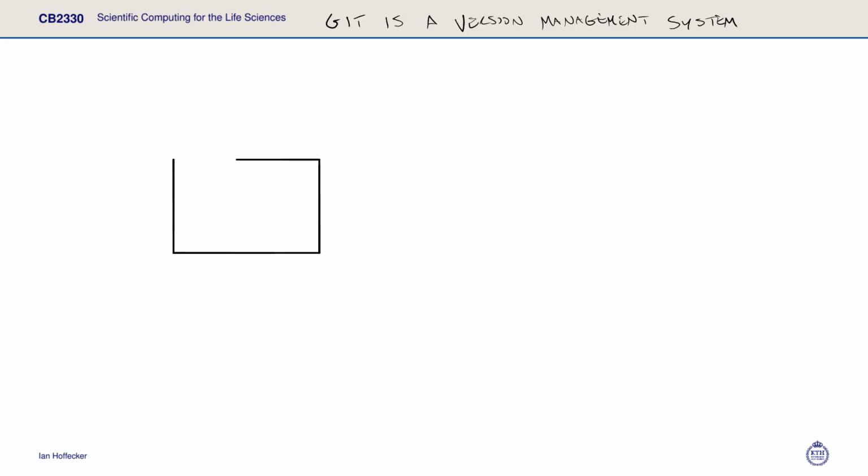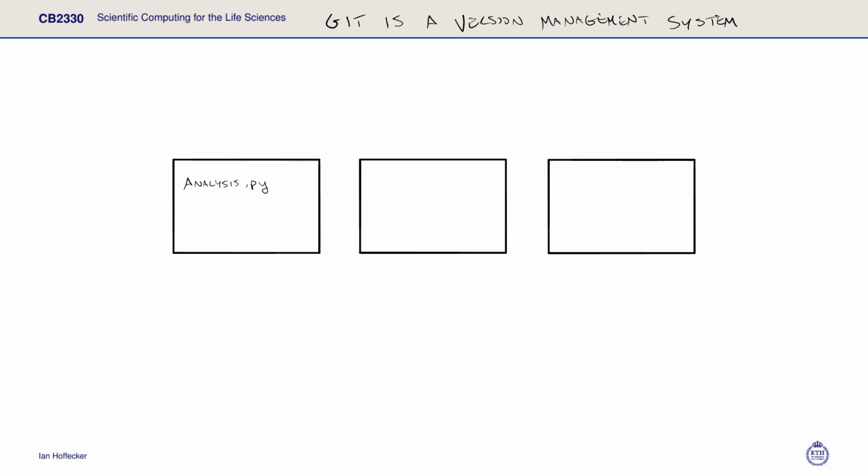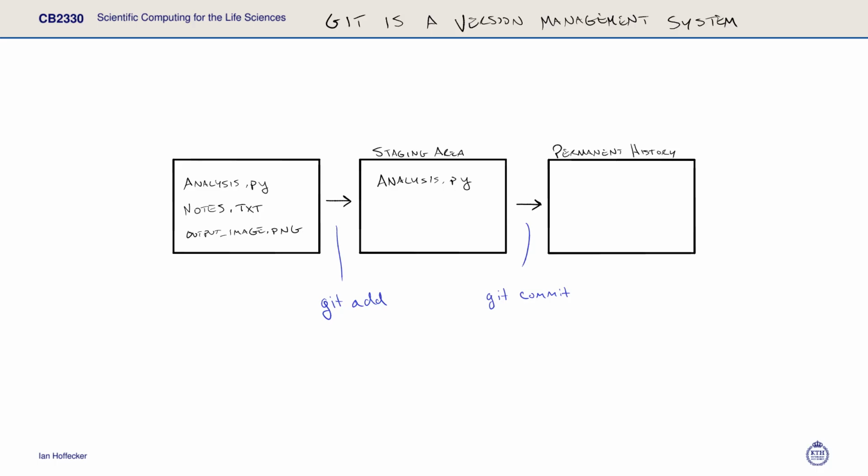On the next page, we're taking another look at the pipeline. Git has these three phases. On the left, the files we're editing: analysis.py, notes.txt, some output image, and editing a file changes it there and not anywhere else. Then git add marks a file for the next snapshot. That's this arrow, and notice that only analysis.py moved in this case. So you decide. And notes.txt and the PNG file stayed where they were. Git commit takes the snapshot and puts it in the history